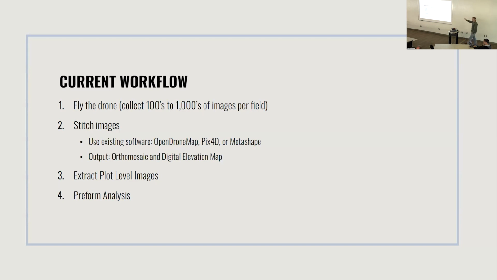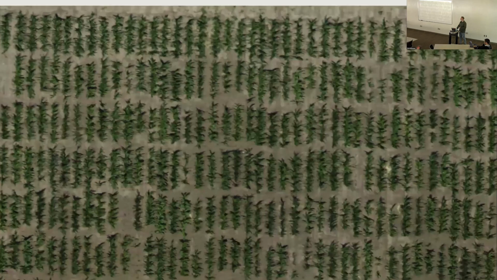But then we're faced with this really big challenge of, okay, now I have one giant image. I mean, these orthomosaics could be up to 20 gigabytes. And I'm only interested in specific plants within that image. And this is the part that's really limiting us right now. So currently we do a lot of this by hand, which means you just sit there and you have this big orthomosaic and you hand draw rectangles around plants. It is something that I would argue you could give a monkey enough coffee and they could probably figure out how to do it, right? It's not very mentally challenging, and it seems like something that computer vision should be able to automate.